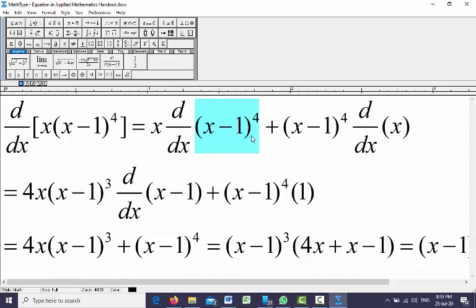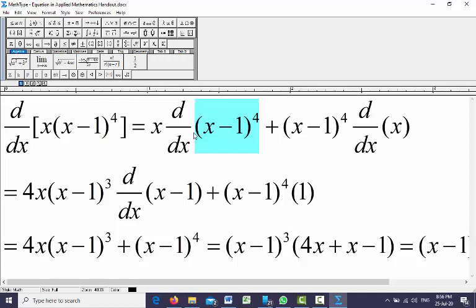So similarly, this one we need to write back here. This one was in front of d by dx, and now it will move behind d by dx. And this one was behind d by dx, so now it should come in front of d by dx. Here this x is behind d by dx, we don't have to worry about that. We don't have to do differentiation of this one. We will only do differentiation of whatever we have in front of d by dx.